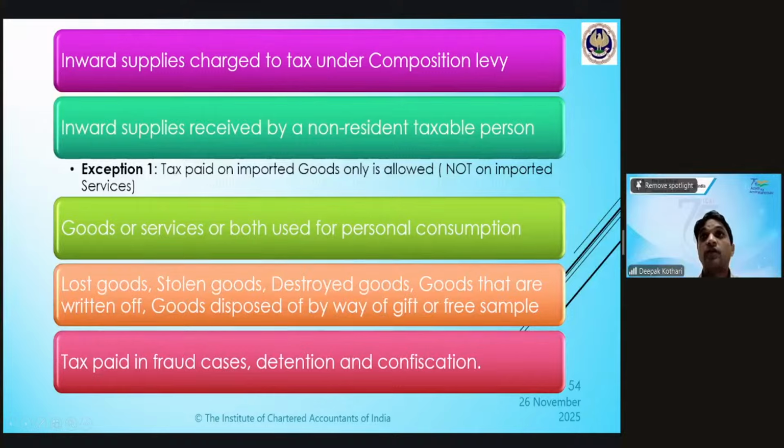Own account means if you're doing construction for yourself, that is called own account. But if you're doing construction for somebody else, when will you do it? When you're a contractor, you're doing it for others, right? And you're getting remuneration, which means it's your business. Then you will claim the credit because you're in the business of construction, so the credit is available. If you're doing it for your own business, then credit is not available.